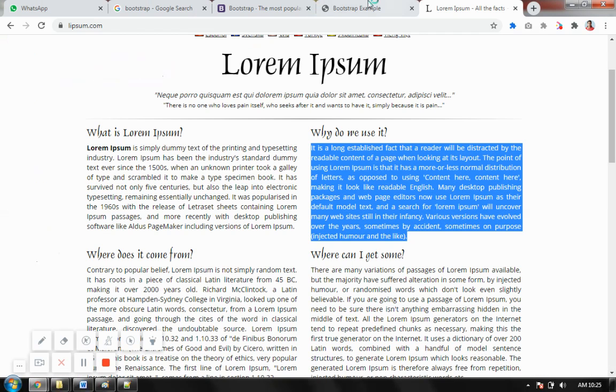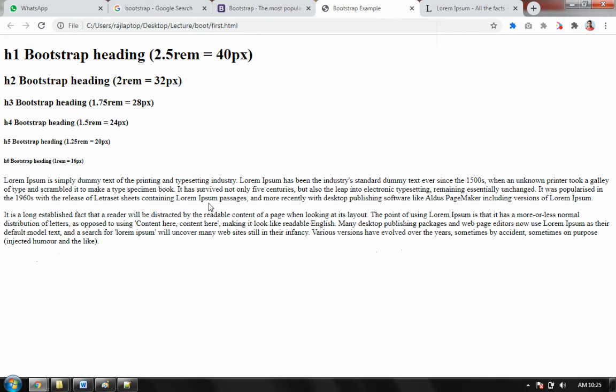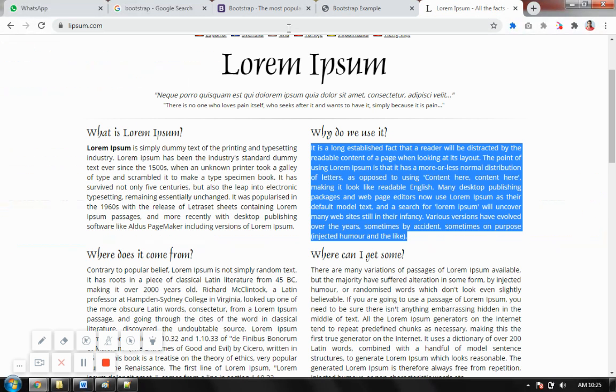I save this and refresh. So I think this is my first example. I refresh this, so it is showing me data. Fine. Now I want to check what happens if I add Bootstrap to this. Is this now Bootstrap friendly? No, it is not. So I create a copy of this, open another page, and paste it.